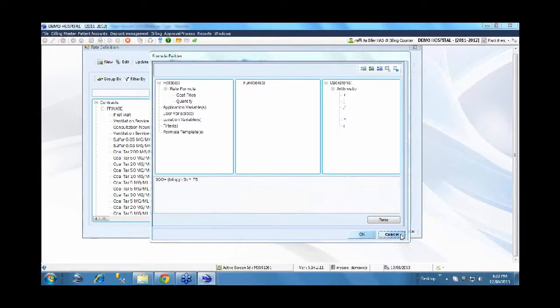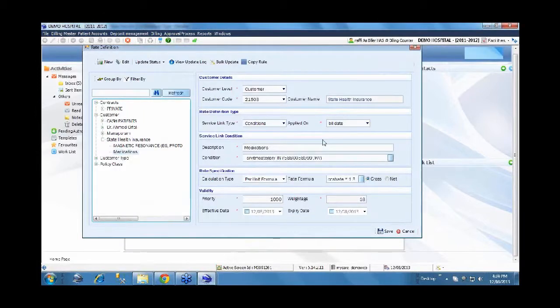Can we close this and go to state health insurance, wherein we have defined a couple of rates which we will show. Say for example, under state health insurance company, we have defined a specific rate for MRI services alone and a specific rate for medications. Medications, again, you need not go and define the price against each and every medication.